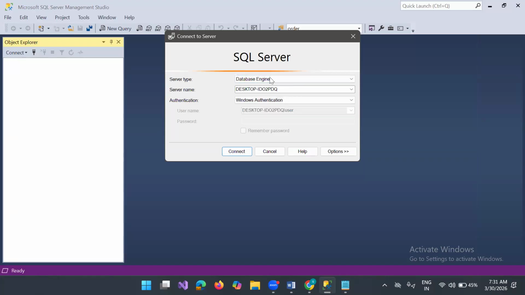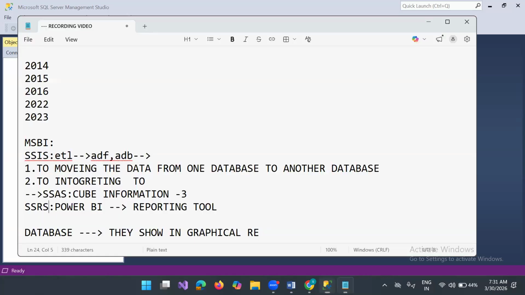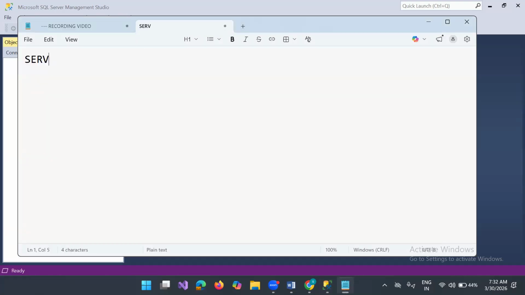So now our option is Database Engine. To work from a SQL Server point of view, we need to choose Database Engine. So next one is server name. Even in real time, it is the same concept. The server name in real time has two approaches. One is